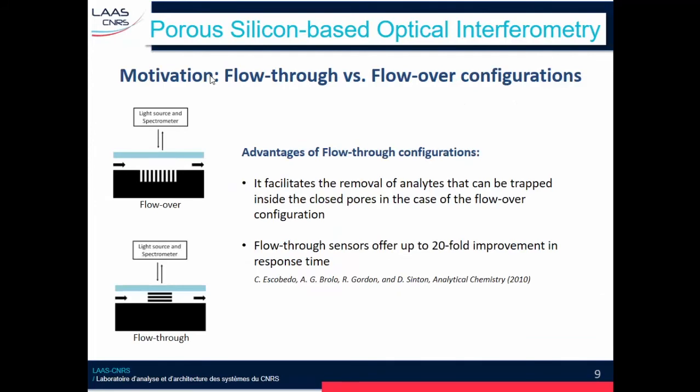So the motivation to use our technology, the lateral porous silicon, is to be able to do a flow-through configuration. For these kinds of sensors, we can do both flow-through or flow-over configuration. Flow-over is when our sensor is on the bottom of the channel, so the fluid passes over it. And the flow-through configuration is when the sensor is on the same level of the fluid, and the fluid passes